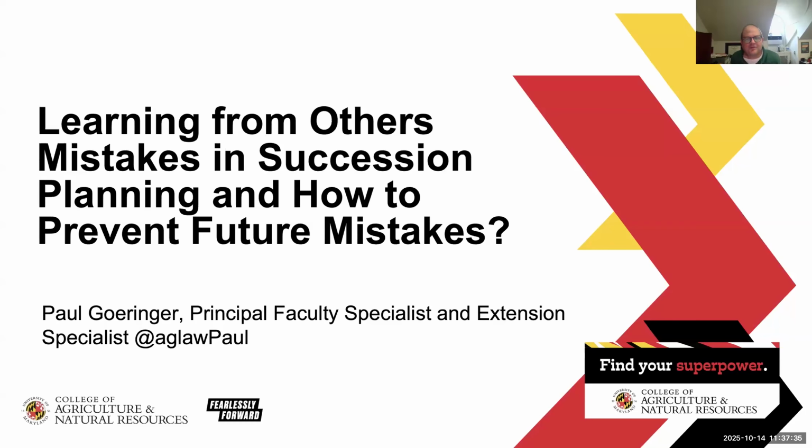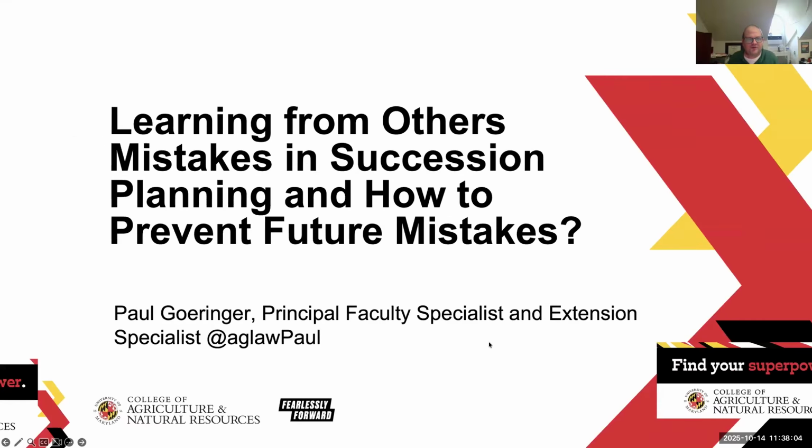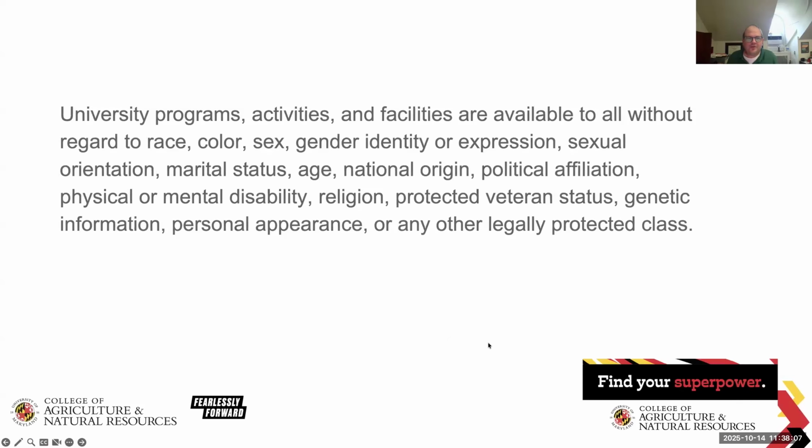So we're going to talk today, and I have 2 case studies depending on how far we get, and you can put answers in the chat and we can talk about some of the things that would come up. This is learning from others' mistakes in succession planning. How I pull this together is I look at court cases where we have farm succession issues, where people have taken their families to court later, and use those to help guide some of the discussions.